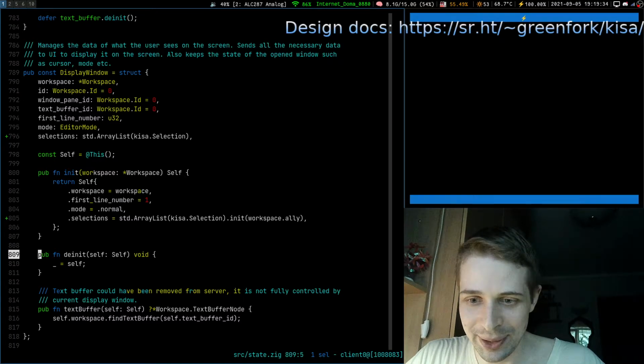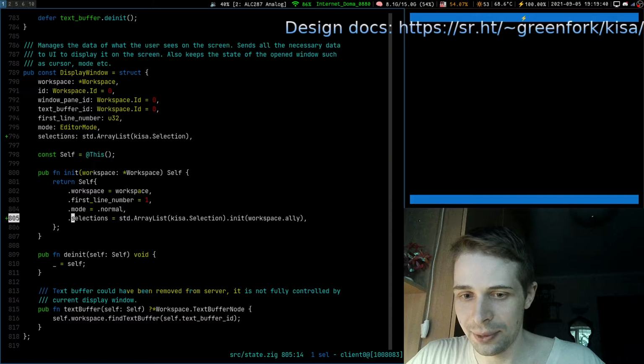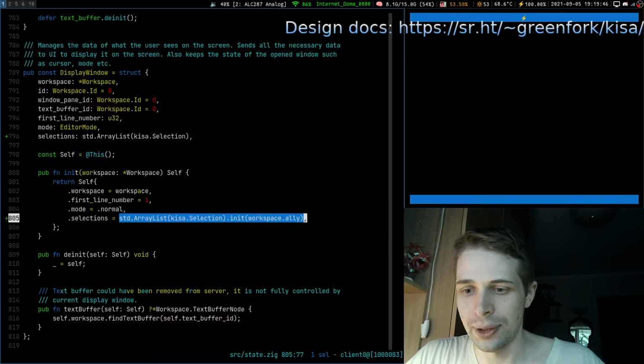Let's try to do one more thing. We will need to do the allocation for this array first. And if I remember correctly, we should be able to do it here.